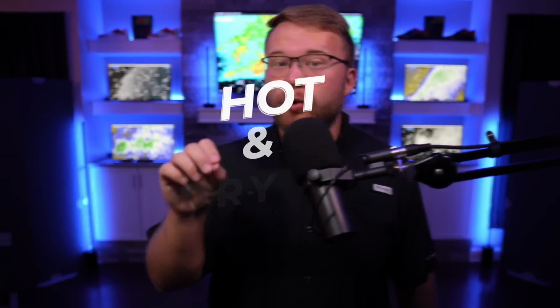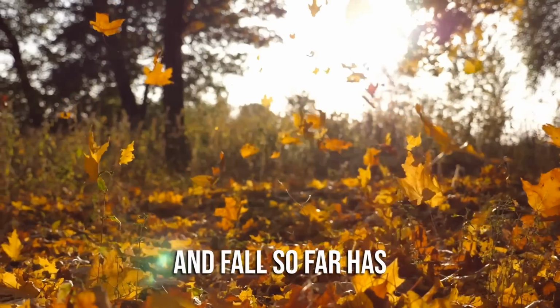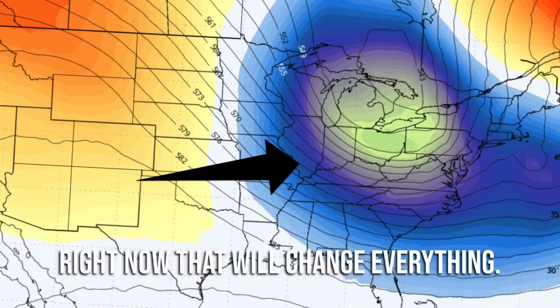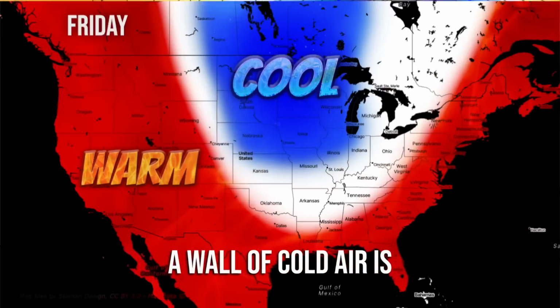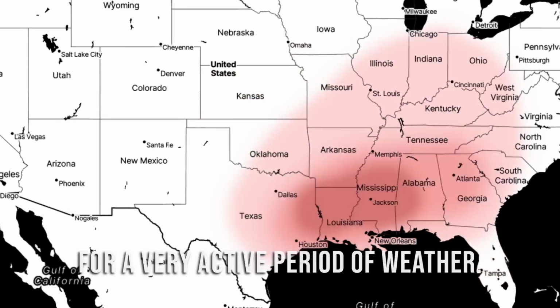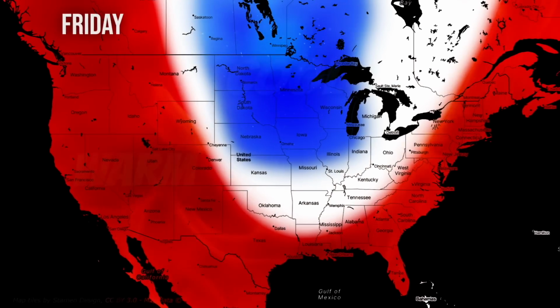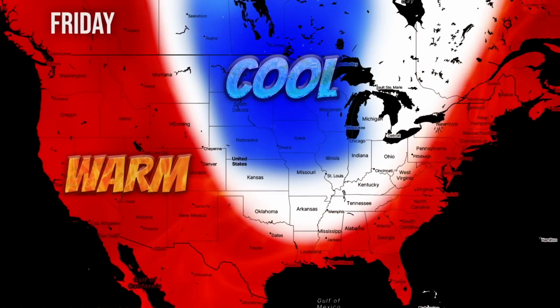Summer was hot and dry across most of the central and eastern U.S., and fall so far has not provided much relief. But a storm system is forming right now that will change everything. A wall of cold air is about to race over the country, setting the stage for a very active period of weather. Starting as soon as tomorrow, we can see that wall of cold air approaching from the north,